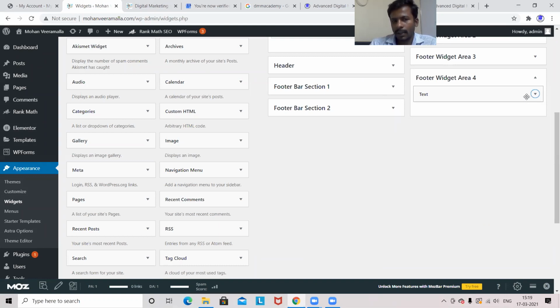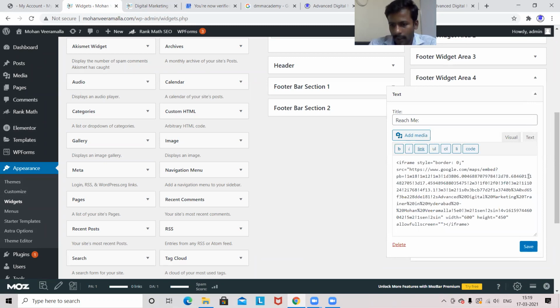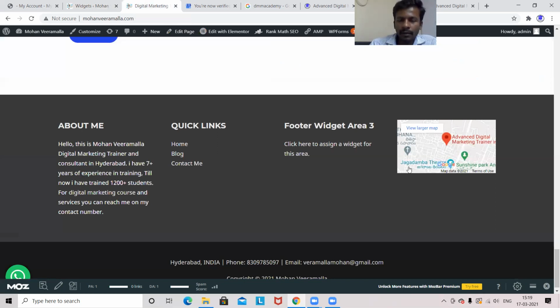See here, if I go with text, I can see the size, width and height. Height is 450, but by default, in the footer, you can't increase the size of the map. If that is in a normal page, you can increase the size of the map. Why? Because this theme is already coded. CSS is already done. They specify only a particular space for that particular column, so we can't change it.